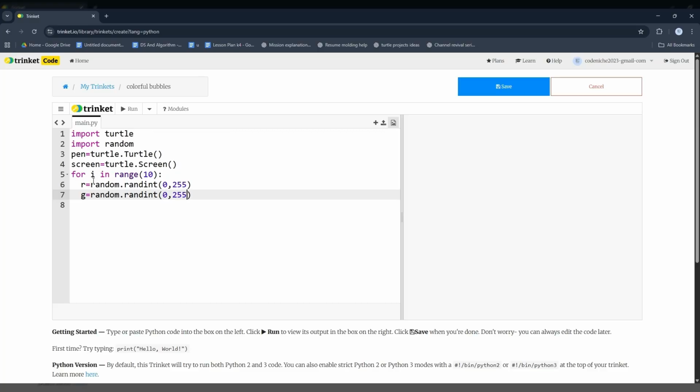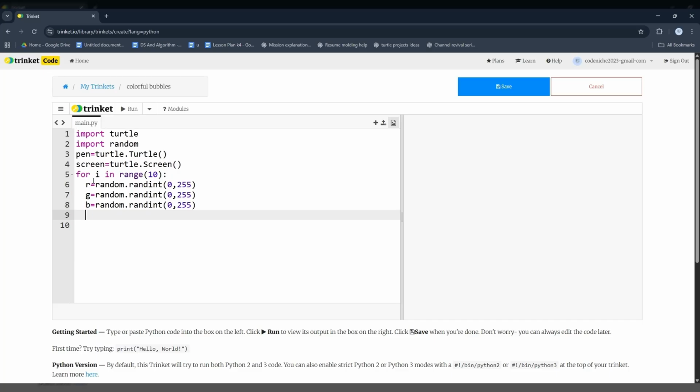So that's why I'm going to use 3 different variables. There are multiple ways of using the color. I'm going to use this one, RGB, and here also I'm going to say random.randint. Now once that is done, I will have to use this value. Now in order to use this value, what exactly we will do, we will apply these 3 variables in our code